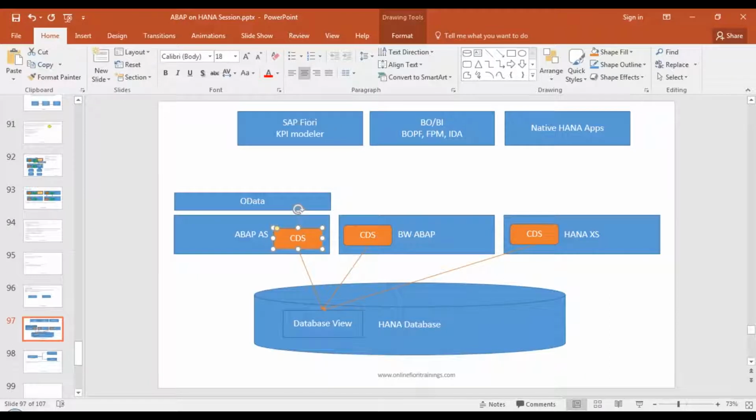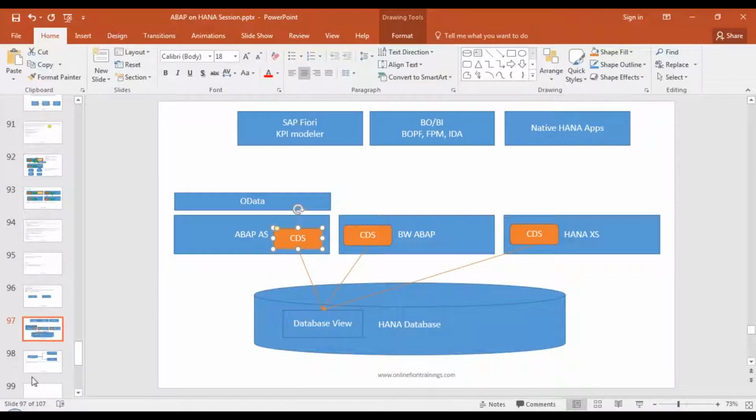That's very important in an enterprise, that your sensitive data is protected under certain roles, and only the people who have been assigned those roles should be able to access the data. So we will see how to implement a DCL source for a CDS view in an upcoming chapter.